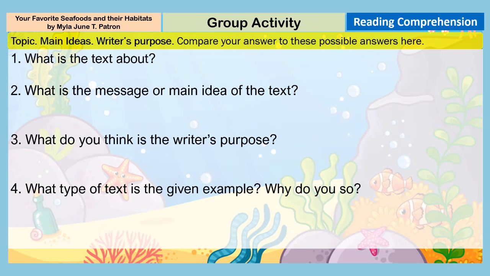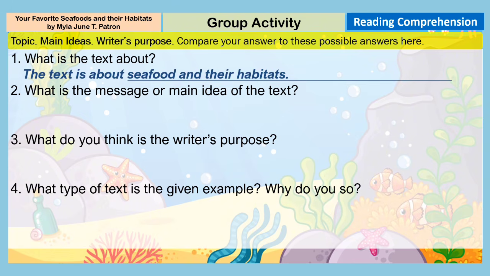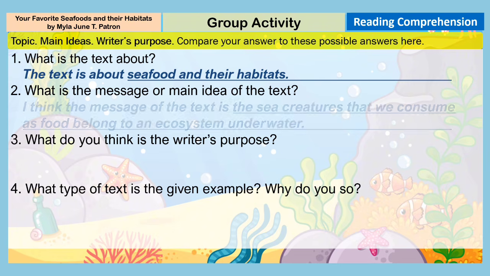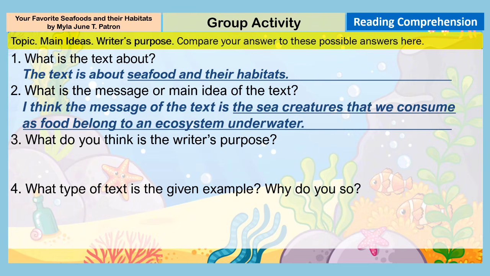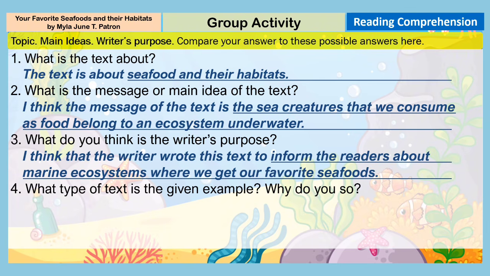Let's compare your answer to mine. Number 1. What is the text about? The text is about seafood and their habitats. Number 2. What is the message or main idea of the text? I think the message of the text is the sea creatures that we consume as food belong to an ecosystem underwater. Number 3. What do you think is the writer's purpose? I think that the writer wrote this text to inform the readers about marine ecosystems where we get our favorite